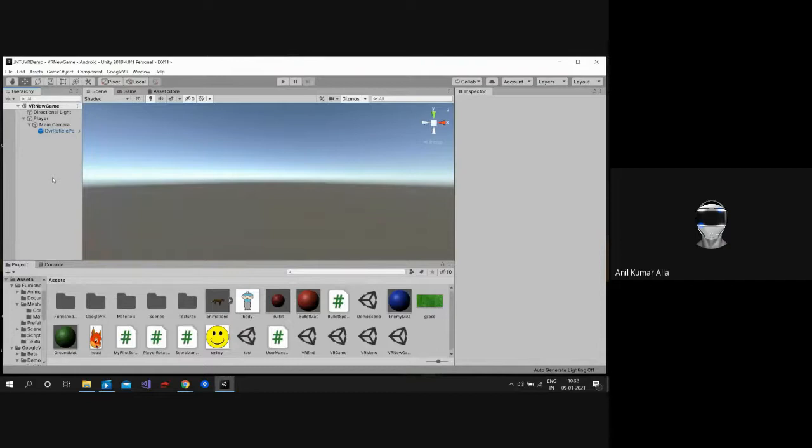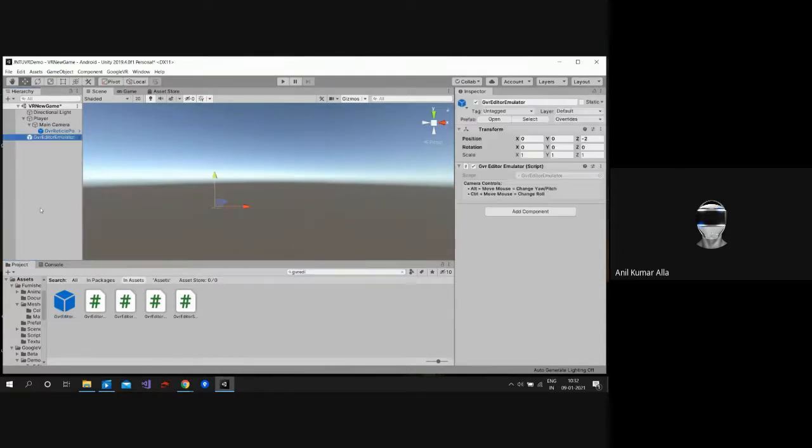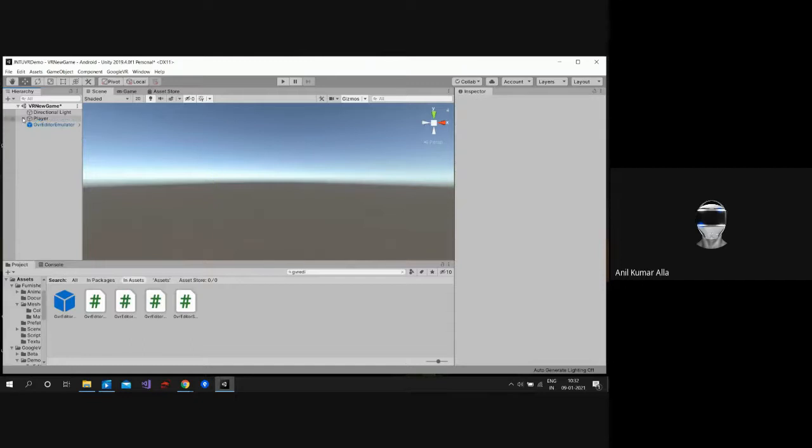And one more thing you need to add is the GVR editor emulator. So again, go to your search box and type GVR editor, and you'll get another blue box here. Just drag this and drop it into the hierarchy like this. It should be like this: direction light, player, GVR editor emulator. So Control S. Now press